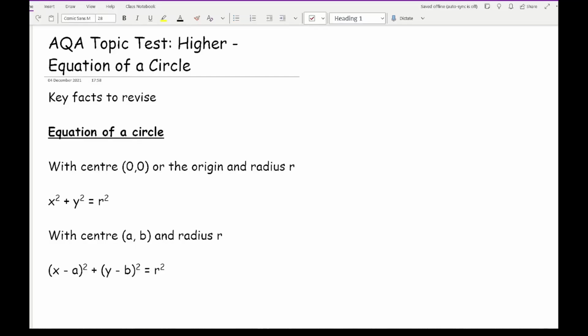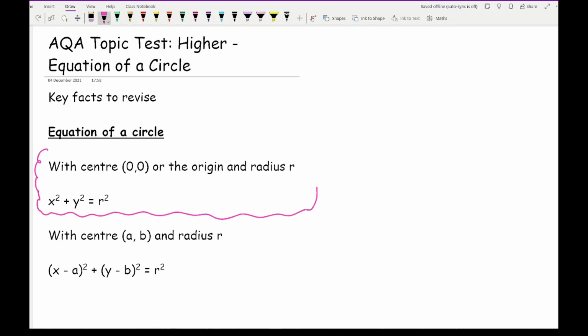So before we get started, let's have a look at the key principles and concepts that you need to revise and remember. The first thing is that the equation of a circle with centre 0, 0, or the origin, and a radius of r will have this as its formula. Now this is probably the most common for higher GCSE. However, depending on what level you're looking at in terms of the higher, whether it's grade 7, 8 or 9,